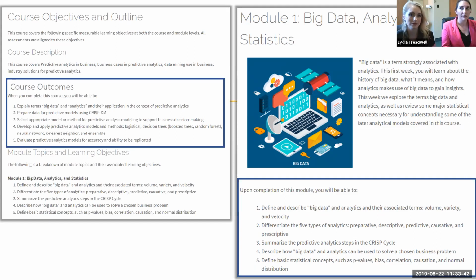So students sort of can't get away from it. You know, it's always very obvious and relevant to the student why they're doing what they're doing, what's expected of them, especially in online learning. Not knowing expectations is a really huge barrier for students and can cause students to drop out and non-complete. So we want to make sure that what is expected of our students is very clear and obvious for them. So this is one suggestion for how you can share your course outcomes and your learning objectives with your students.